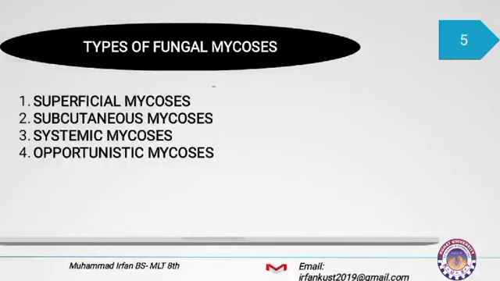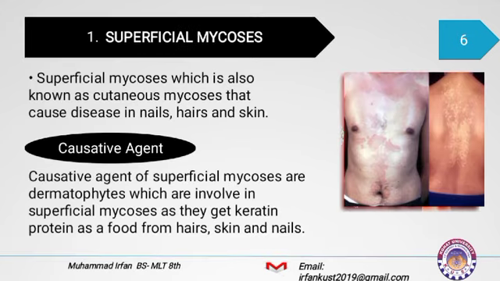Types of fungal mycosis. There are four different types of fungal mycosis. Number one, superficial mycosis. Number two, subcutaneous mycosis. Number three, systemic mycosis. Number four, opportunistic mycosis. Number one, superficial mycosis. Superficial mycosis, which is also known as cutaneous mycosis, causes disease in nail, hair, and skin. Causative agent. The causative agents of superficial mycosis are dermatophytes, which are involved in superficial mycosis as they get keratin